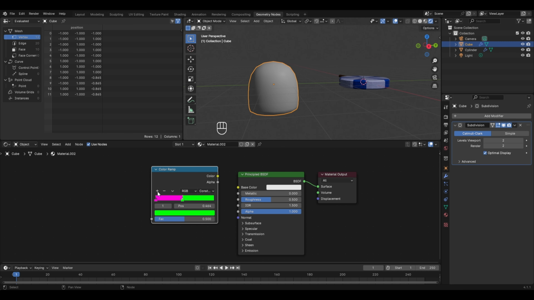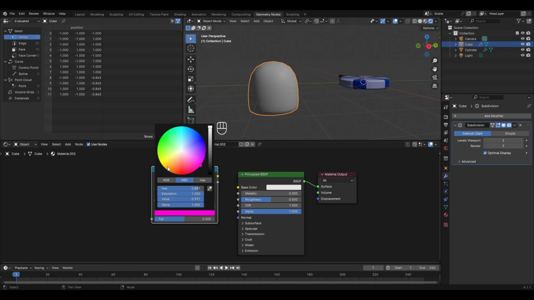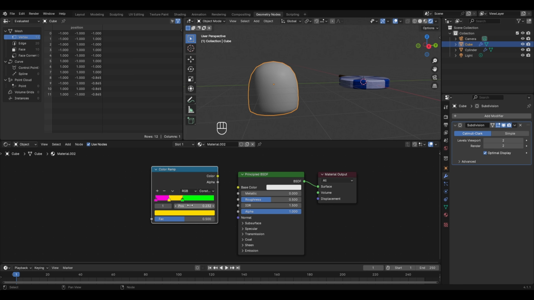To add another color, click on the plus button and change its color to the yellow color this time. And yes, one more thing, you can select any random colors here. It's not mandatory that you have to select only these particular colors for the gumdrop. Now to distribute these pointers evenly, I'll click here and select distribute stops from left. Now I'll take this color socket and connect it to the base color,